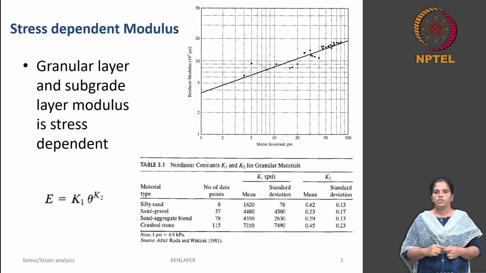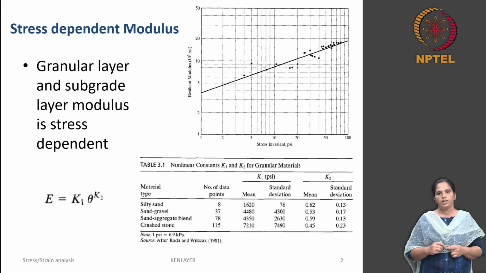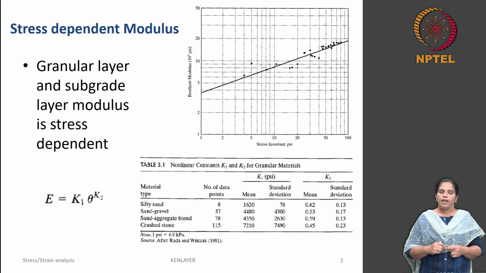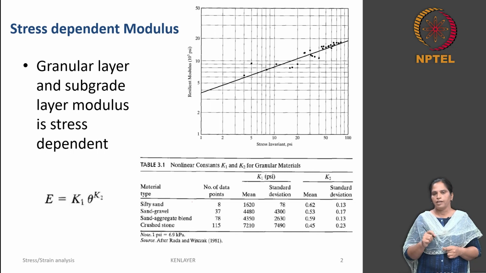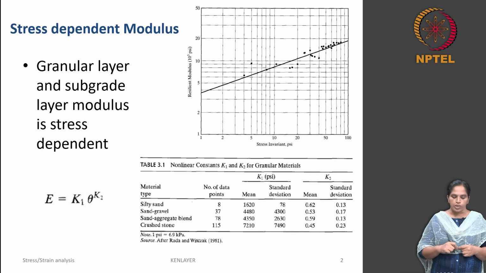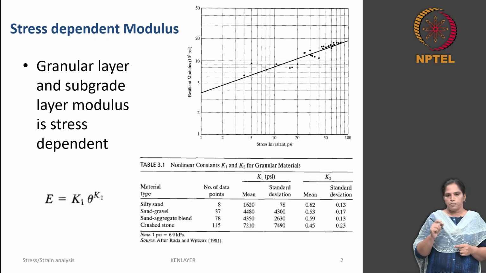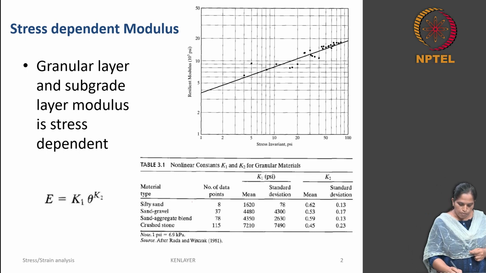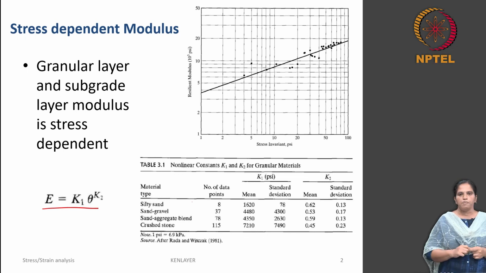You have already been introduced to the stress dependent resilient modulus value of a granular layer and soil layer by Professor Nivita. Now we will have a glance at these equations and focus on the material properties so that we can use them in our analysis. So you know that the granular layer and the soil layer exhibit a stress dependent modulus, and the modulus of a granular layer can be given by this expression where E is the resilient modulus, which is equal to K1